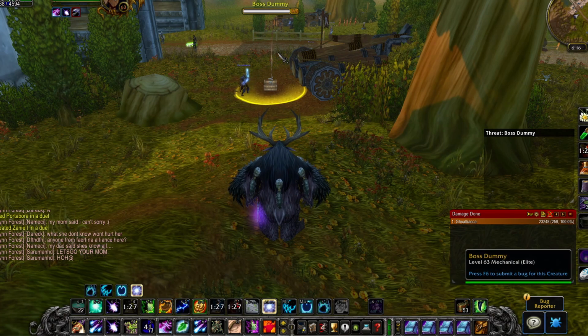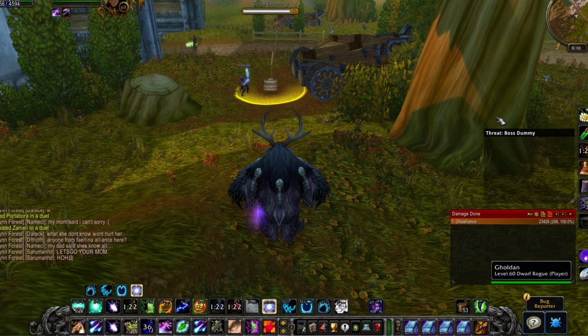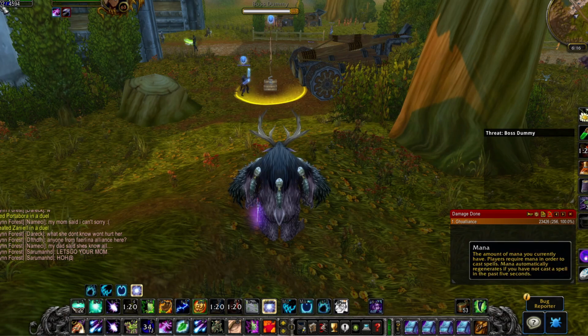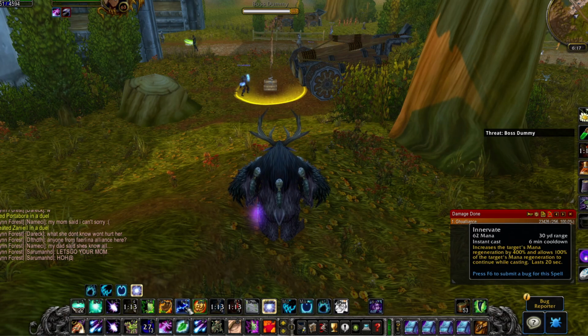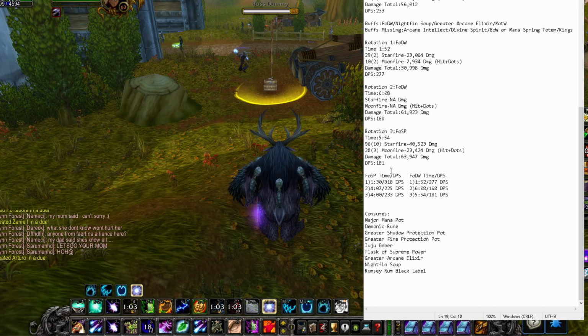Doesn't seem like it's critting that much. You can see we went for, I don't know, a minute and a half, and mana's looking good. Rune's still coming off a cooldown. Innervate's still up. The fight time difference and the DPS difference between having the Flask of Supreme Power and Flask